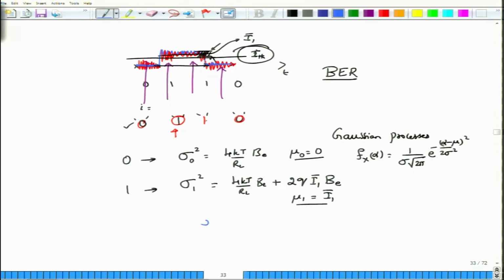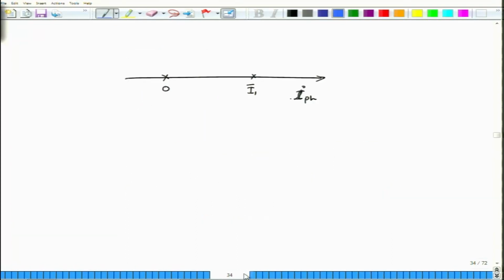The variance sigma 1 is larger than the variance sigma 0, and one of the properties of these distribution functions is that the larger the variance, the broader will be the curve, because the total area under it should be equal to 1. This should remind you of the dispersion case that we talked about, because we had an input pulse and the output pulse was a broadened version of it. So, the amplitude drops, but that is alright because the pulse has broadened, so that the total area under the pulse will still remain the same, and that is exactly what we have in this scenario. This is mu 0, this is mu 1, which are equal to 0 and I1 respectively.